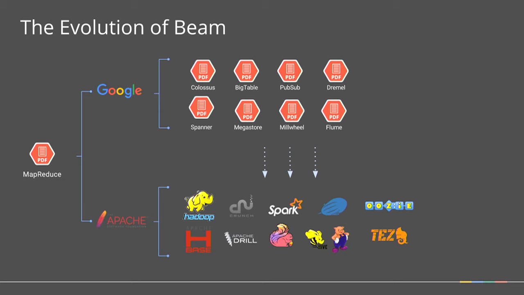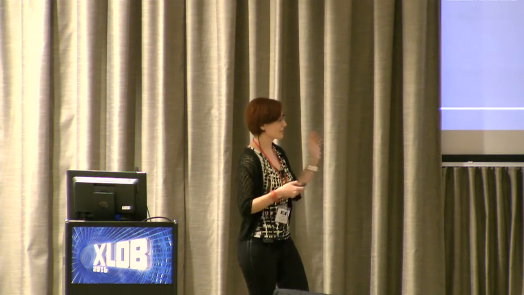So inside Google, we looked at all of our data processing frameworks at some point in 2014, and we thought a little bit harder. We noticed we had lots of batch, lots of streaming solutions, things like that, and we were able to combine the batch and streaming concepts into the same programming model that we called Google Cloud Dataflow. And it was great and fine, and in 2015, we went into GA, and we were all excited and loved